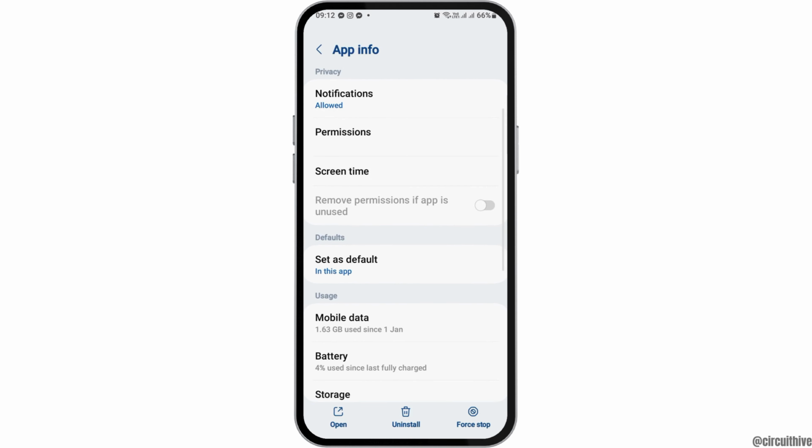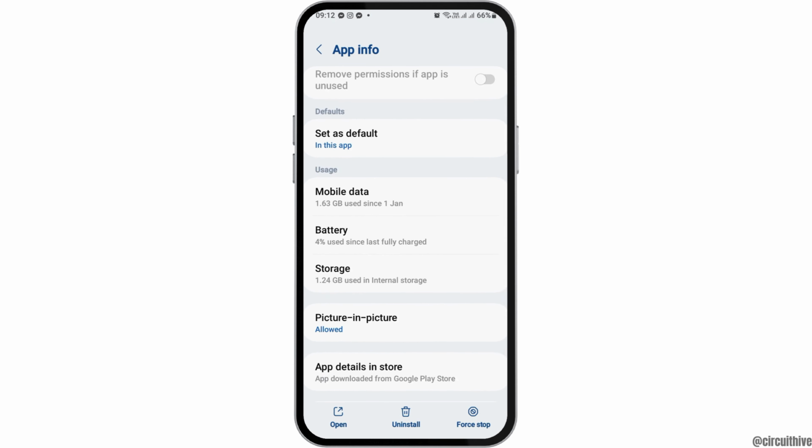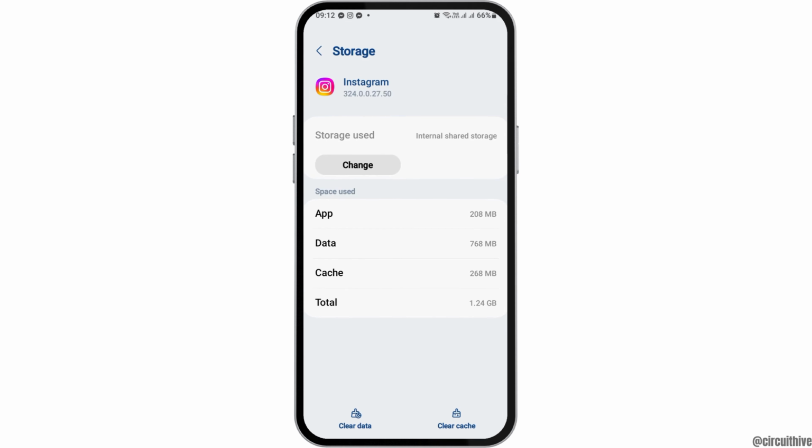Now you have to go to the option of app information. After you tap on app information, now you can see an interface like this. You have to scroll down and then go to the option of storage. After tapping on storage, if you see any cache out there, you have to clear the cache